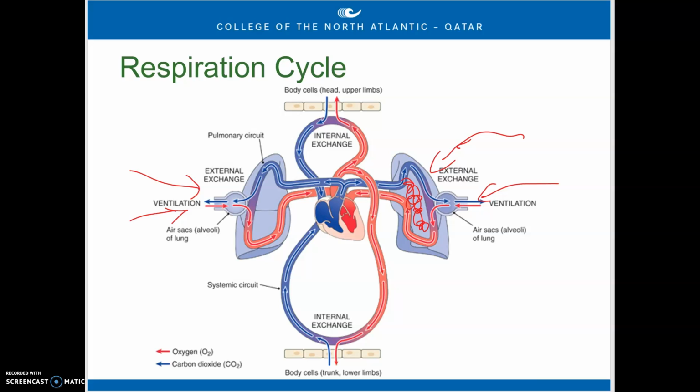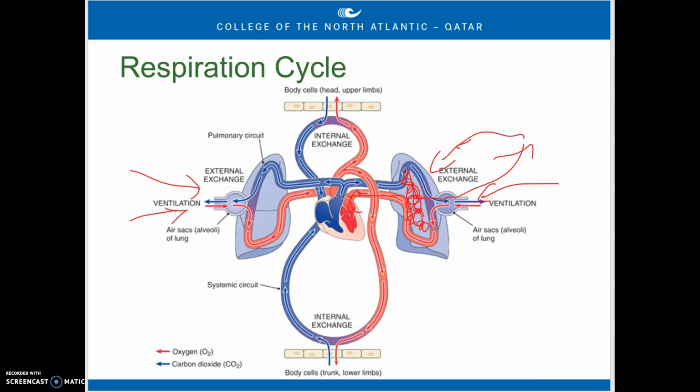The oxygen is going to move into the lungs, into the arteries. Of course, that's going to travel back into the heart. And then the carbon dioxide is going to come from the returning blood, the deoxygenated blood, and that's going to be exhaled out. The next thing is the transportation of gases in the blood, and of course that's going to be